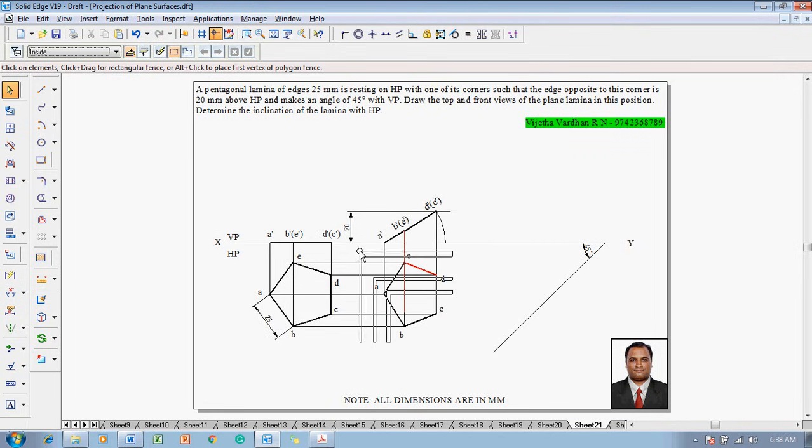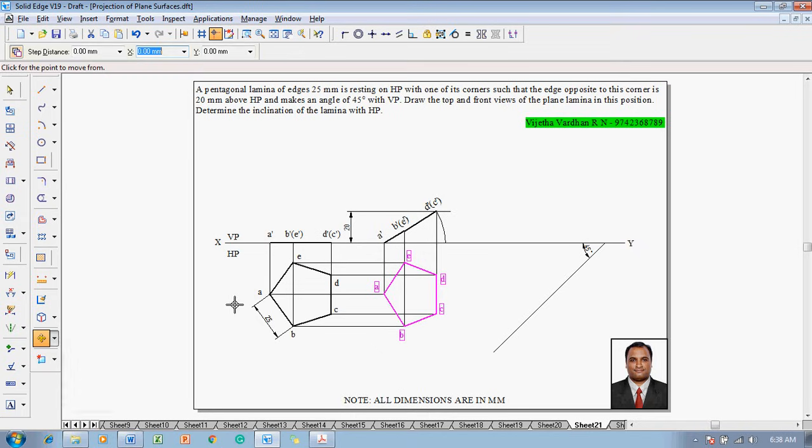So for which one has to select the top view completely. Then go for a move command. Move either with C or D. So now we are moving with C. C is positioned using the point on element snap on the 45 degree line,